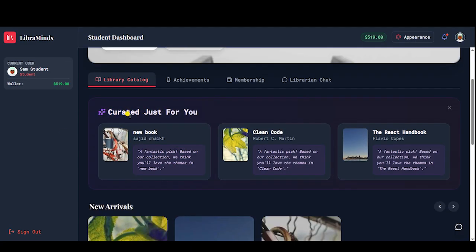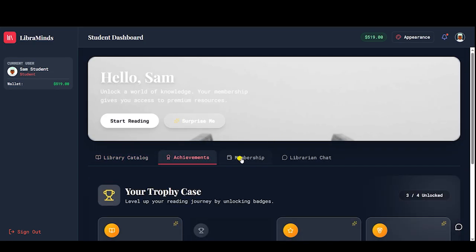And here we go. We are having three books over here. We can look at them, and we can see that these are the books. The new book, the author is Sajid Sheikh. Three books are curated by the AI for us. The React handbook, all of these things,